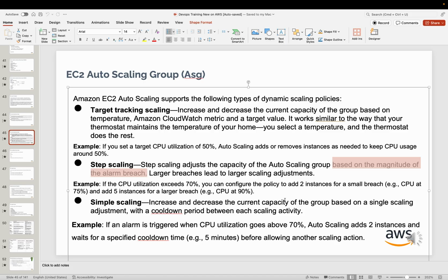If it goes to 80%, it will launch 5 EC2 instances. If it goes up to 90, it will launch 10. So based on the different thresholds, it will do different kinds of scaling. While the target tracking scaling does it based on